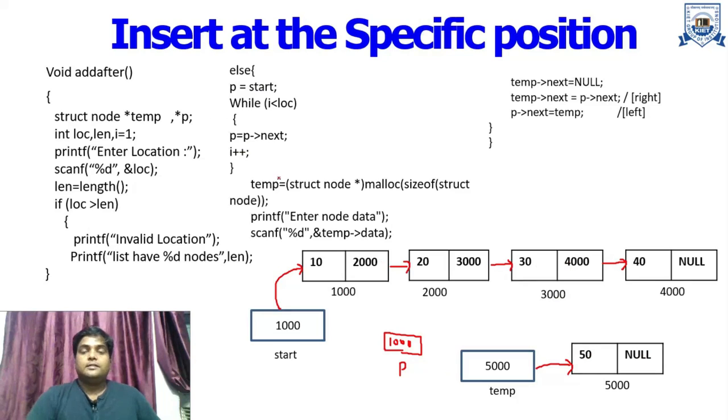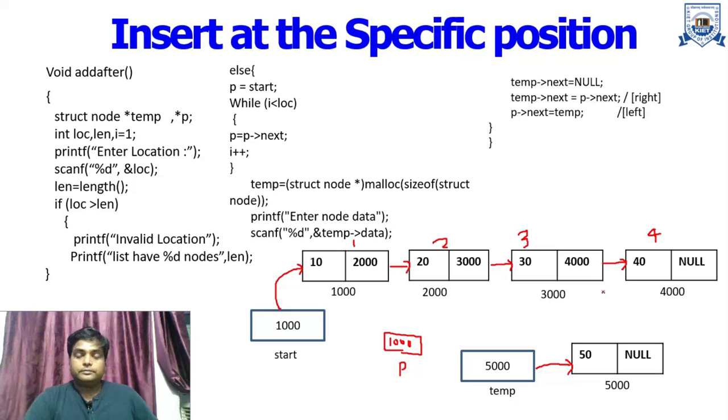Now in the next, we just want to insert a specific node at a specific position. So let's suppose here we have 4 nodes available. We have a start variable that is pointing to the very first node. Now we have another node having value 50, and we want to insert this node after this node. Let's suppose the location of this node is 1, this is 2, this is 3, this is 4. So now we want to insert this particular node after position 3.